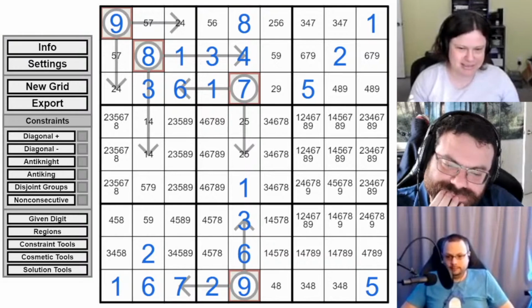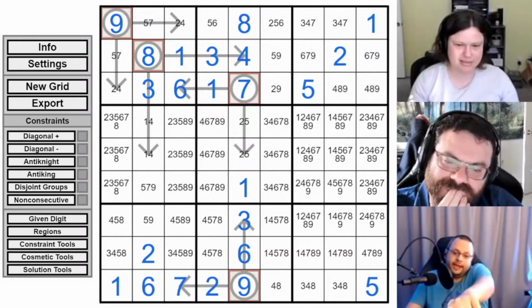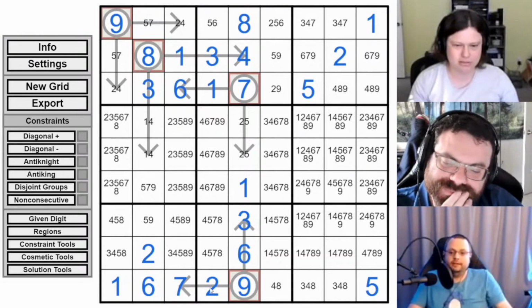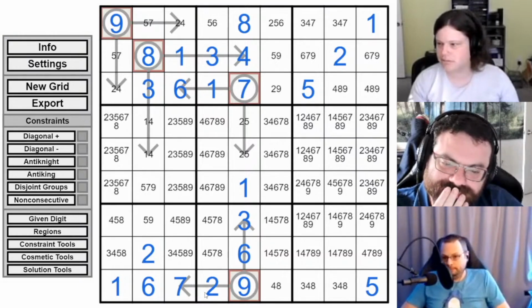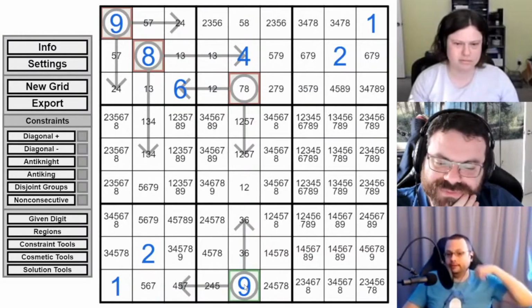But why? Oh, okay. It can't be 3, 6 because of the box. It can't be 1, 8 or 4, 5 because of the row. And so it has to be 2, 7, but the 2's already placed in box 7. So it has to be 2, 7 in that order. Right. I have no idea what all this other nonsense is.